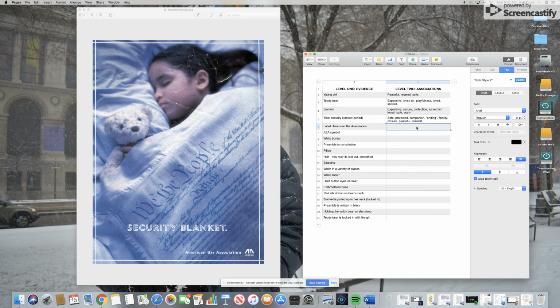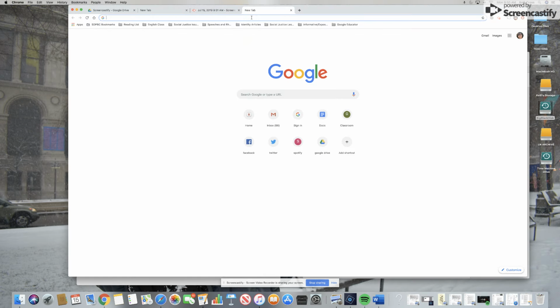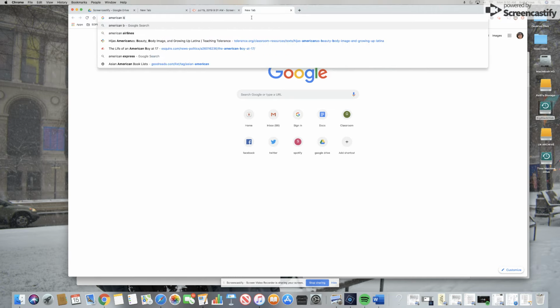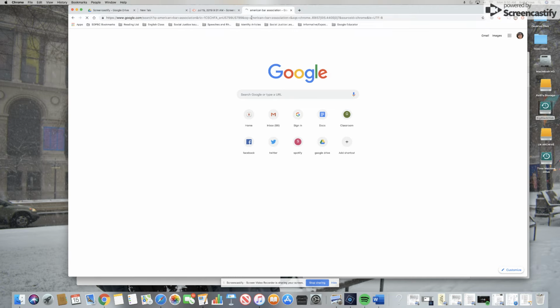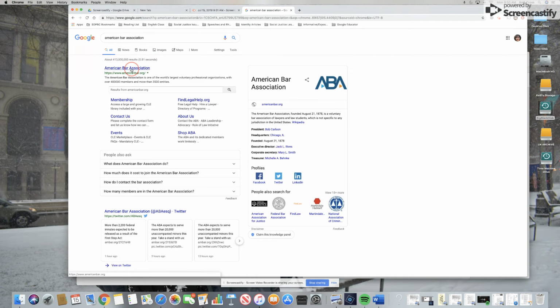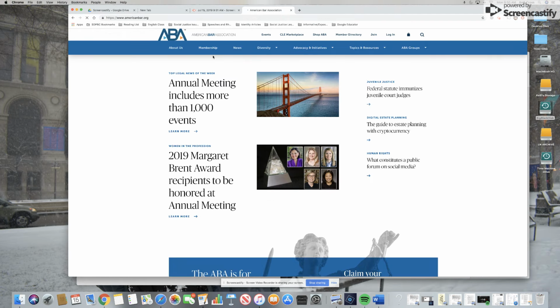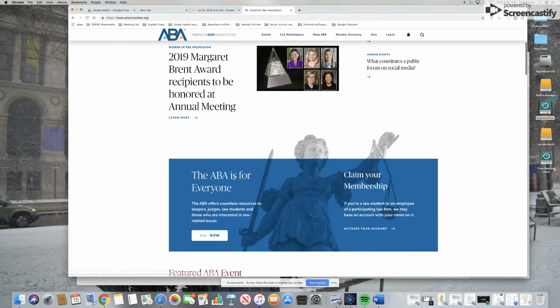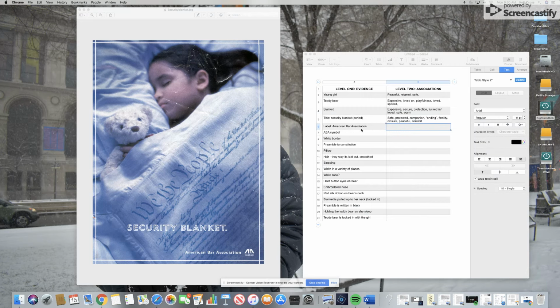Okay, maybe I want to move on to this label of the American Bar Association. So if you don't know what something is, always Google it. I happen to know the American Bar Association, but if I didn't, I'd go to Google, right? And I would look up American Bar Association. What is that? Why is that important to this ad? Who are they? Well, if I look at their site, then the American Bar Association tells me that it's for everyone and it offers resources to lawyers, judges, and law students and those who are interested in law-related issues. So it's primarily, I know now, for lawyers